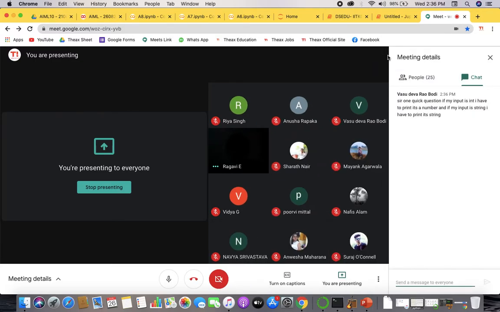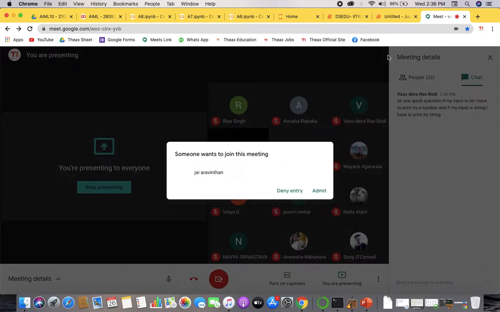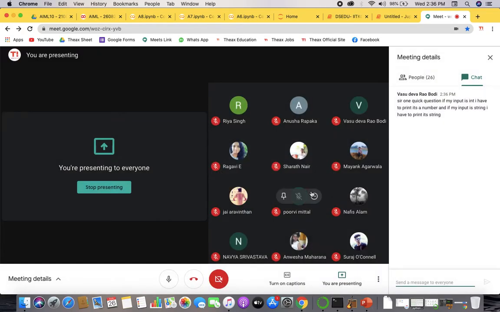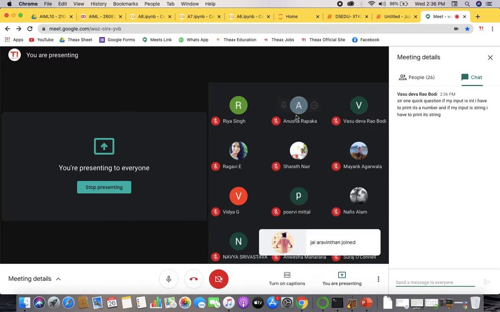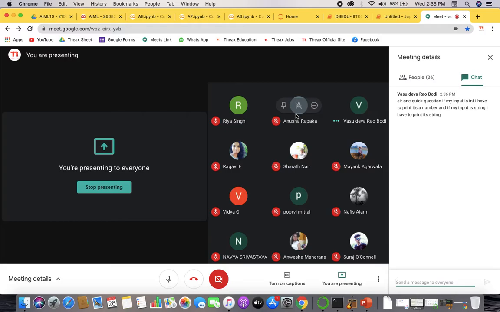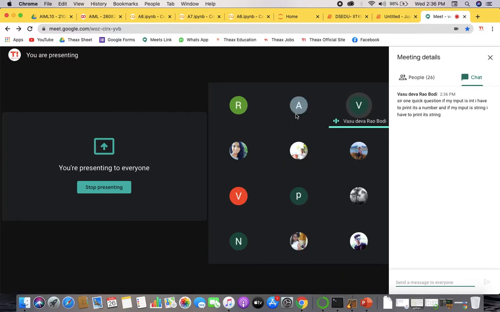Got a doubt? Quick question: if my input is an integer, I have to print it's a number, and if my input is a string, I have to print it's a string. Can you speak what exactly you want? Don't write it, speaking will be much clearer. Yes, I derived another question from your question in yesterday's assignment.